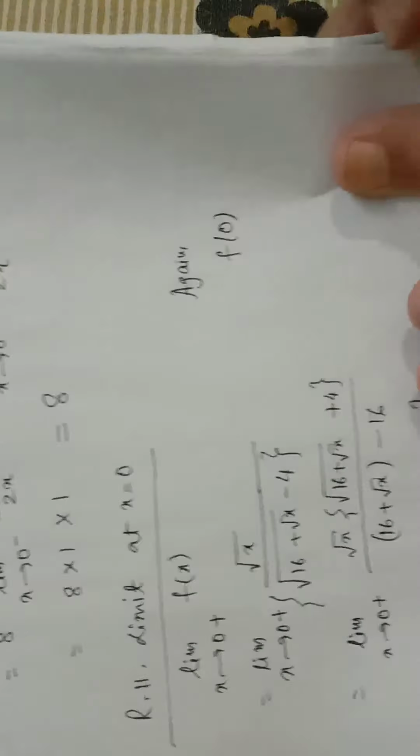Using this result, x tends to a minus, so we put x almost equal to a, but the box of a number which is just less than a will be a minus 1. A minus means x is just less than a and its box will be a minus 1, one less than a. Like this, one less than 3 is 2. So the limit is 1. Let us find the right hand limit.